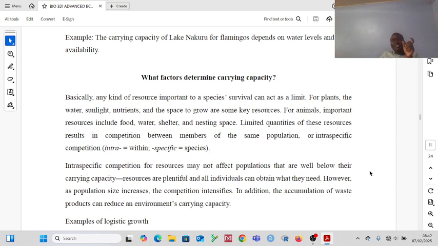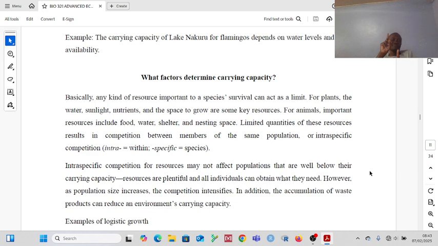So the organisms present in that particular environment will now have to begin competing for the limited resources, because you've put so many of these organisms in that particular ecosystem, but the ecosystem does not have enough of what they need. Now they will start to compete. If you are thinking of sunlight, for example, if you plant trees and your spacing is small, those trees